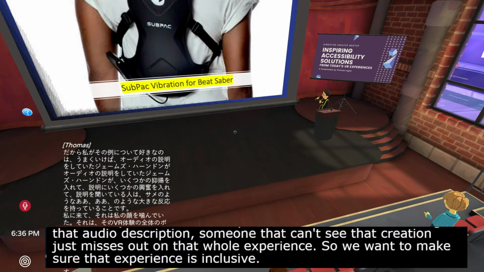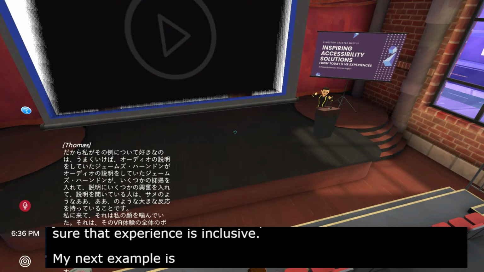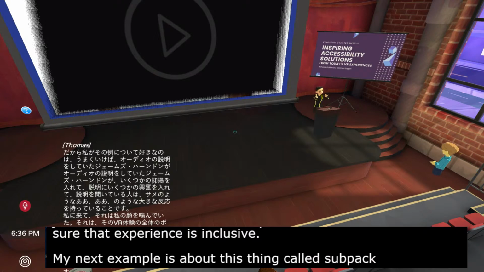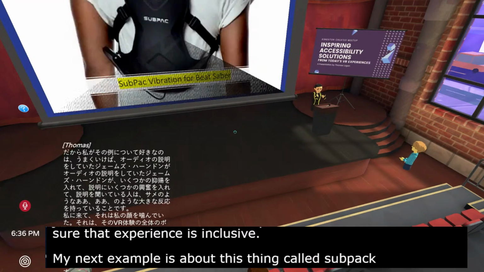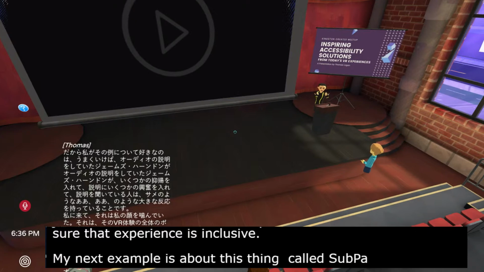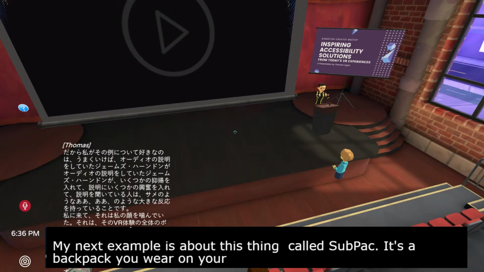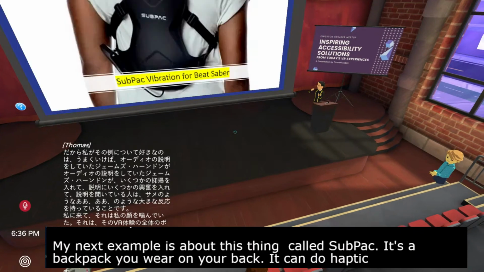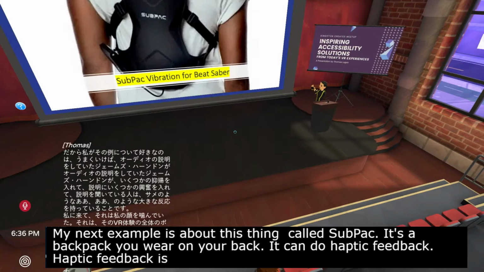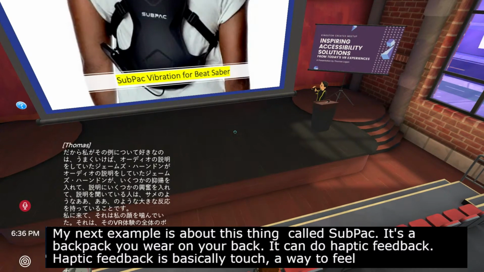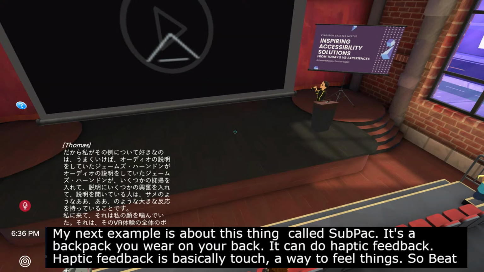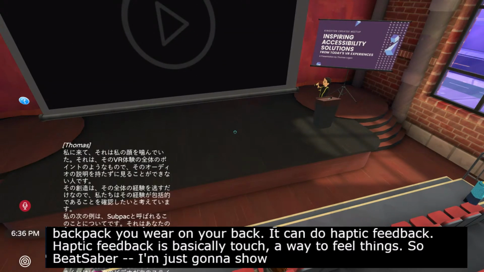My next example is about this thing called Subpack. It's something you wear on your back, and it is a backpack that can do haptic feedback. And haptic feedback is basically touch, a way to feel things. And so Beat Saber, I'm just going to hopefully be able to show the next video. We'll go to the next slide. This is an example of Beat Saber being